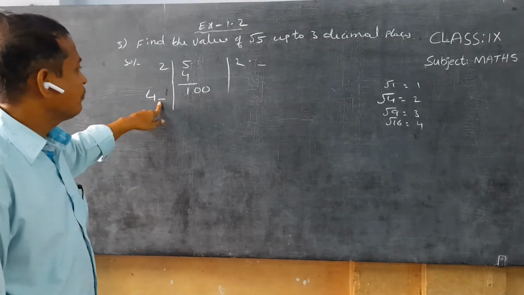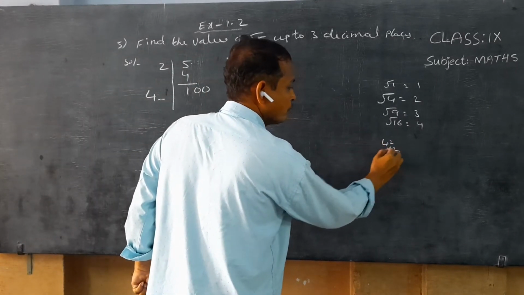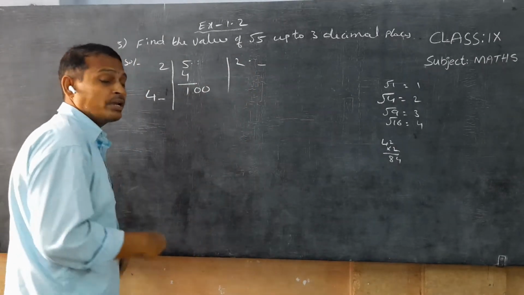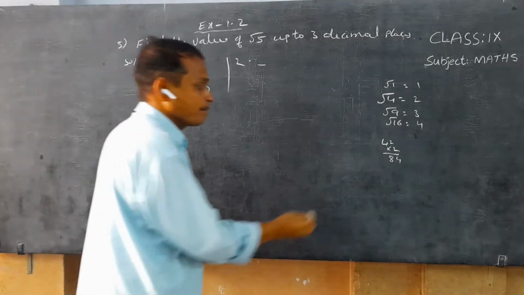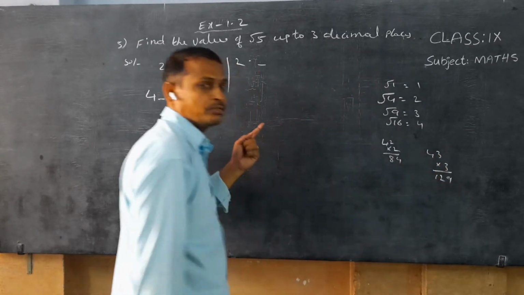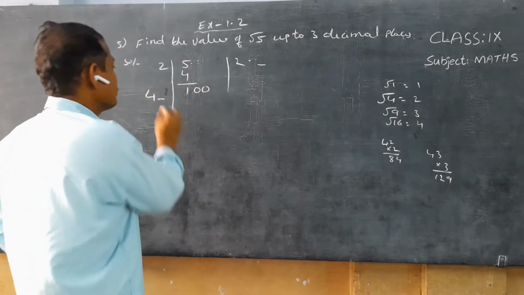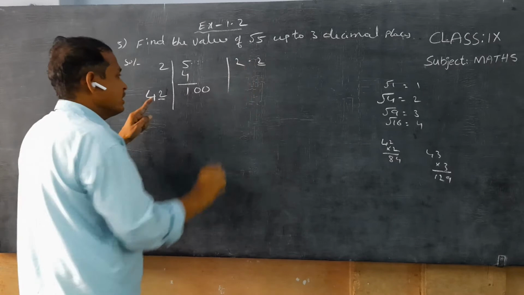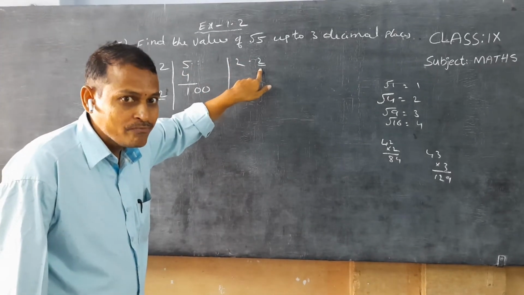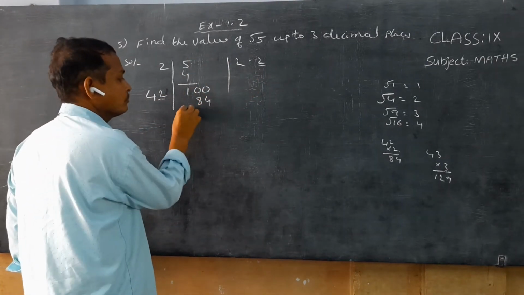For example, 42 2s are 42 into 2. What is it, children? 84. So 84. But for the required value, 43 into 3: 3 3s are 9, 3 4s are 12. So it is the biggest value, so we cannot use 43 into 3. We can use 42 into 2. Again, children, we have to use 2 in the quotient as well. So 42 2s are 84.